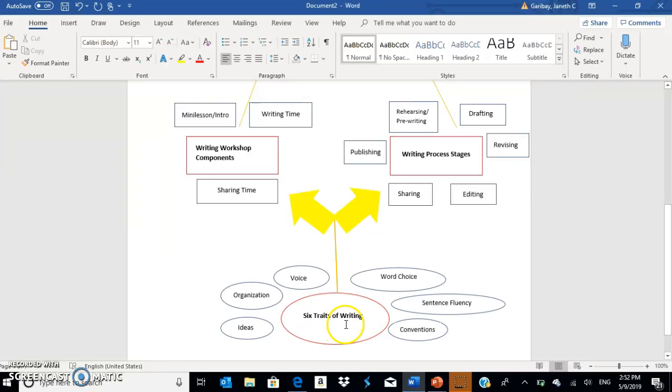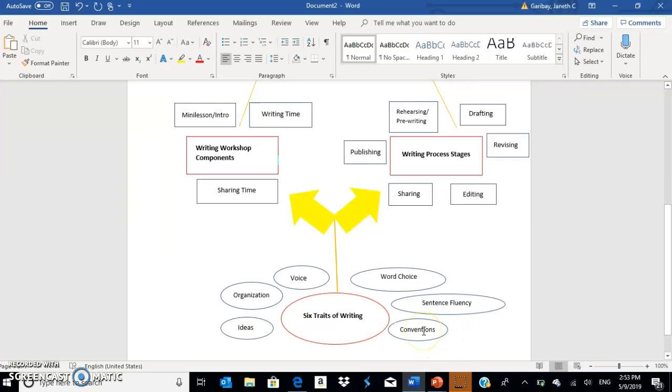Basically, they build the students' understanding of what writing is, and they put the students in charge of their compositions. There's ideas, where students figure out what they want to say and what their message is. Organization, which adapts to the main idea and is the framework of their writing. There's voice, which students use to connect to their readers by expressing their thoughts and feelings. There's word choice to create strong impressions, sentence fluency, which determines the flow of the compositions, and conventions, which are